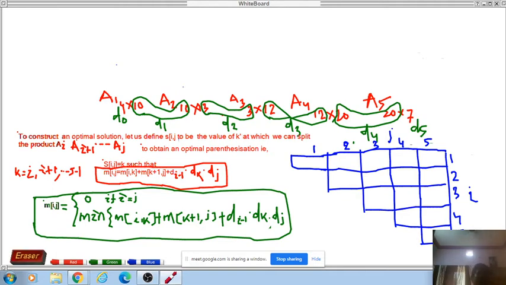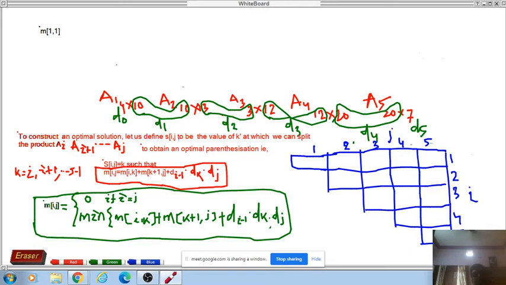Now I will fill up this table. Remember what I am telling. You see how I will find out. First of all, I will find one row, one column. This value represents one row, one column. So this is m of i, j. What I am telling is m of 1 comma 1, that is m of i j, and m of i j will be 0 if i equals j. So simply my value will be 0.